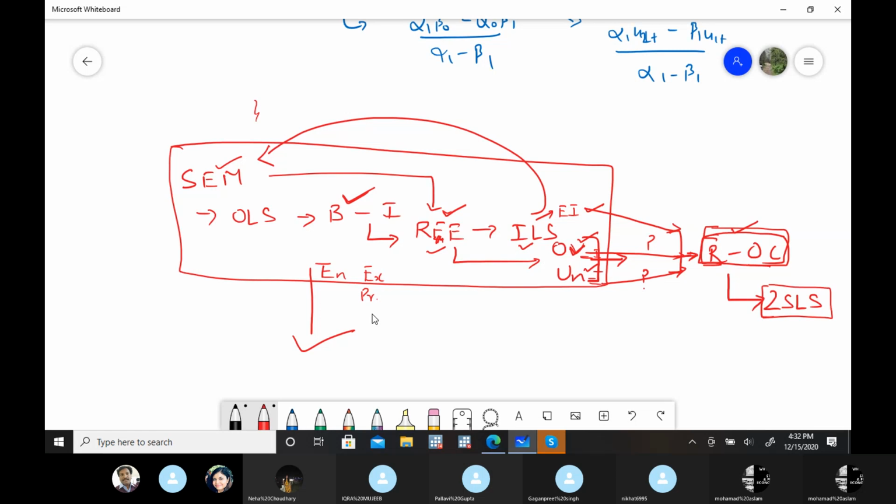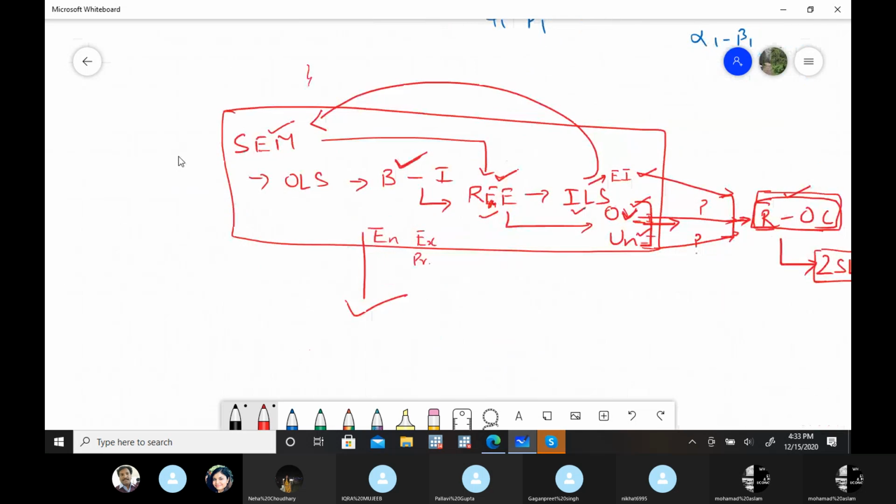But yes, you have to practice these things. There are so many examples in the textbooks. Just practice how to make reduced form equations, how to identify over-identification and under-identification. That practice is yours. Is it clear? If it's clear, then we will do the next part tomorrow.